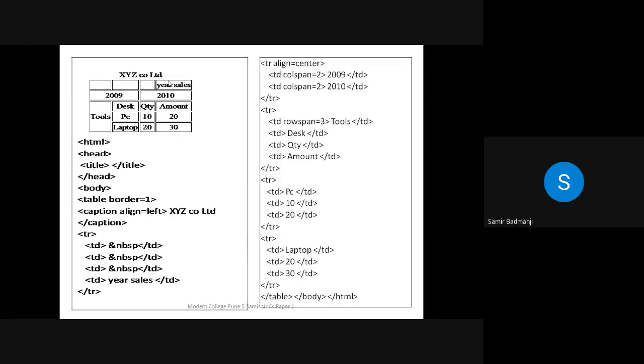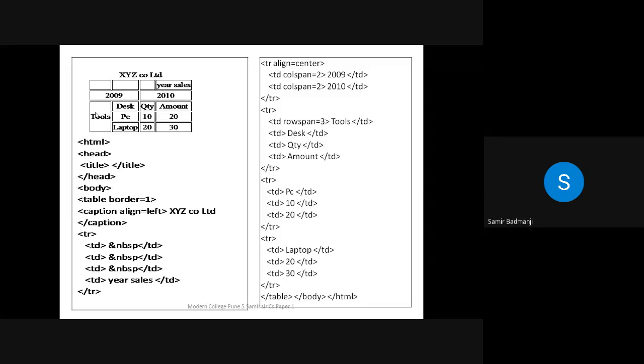Now by default, if 2009 and 10 are on the left, then there is no need to give the align attribute. But if they are aligned to the center, then you have to specify the align attribute. Now see, below these there are two columns, and above also two columns. That is why we have written colspan 2. Starting row, ending row, so this row is complete.